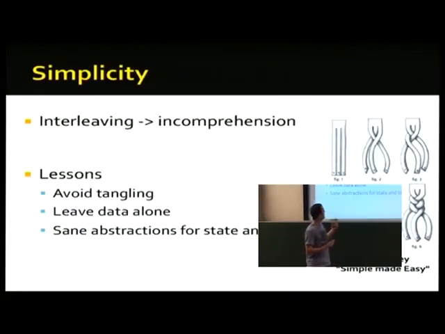And so some of the lessons he came up with, one of the ones I'm really pulling from, is first of all, basically trying to avoid this tangling, try to keep things independent and separate. And the other thing is to leave data alone. So often we wrap data behind interfaces where you have to call a bunch of methods or functions in order to access the data and modify it. And that also is a barrier to putting things together because you need a new API if you want to use a different system. And basically saner abstractions around time and memory. Basically the idea that in a lot of systems, memory might just change as you're working on it.